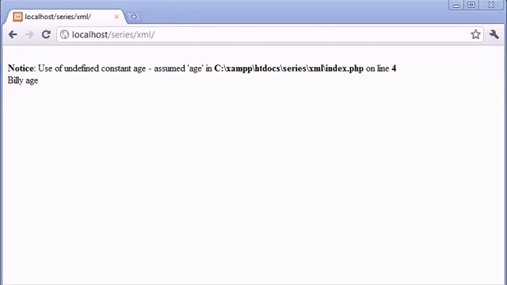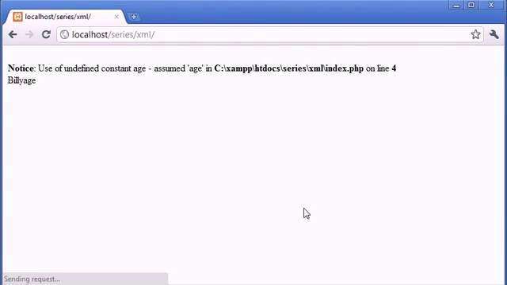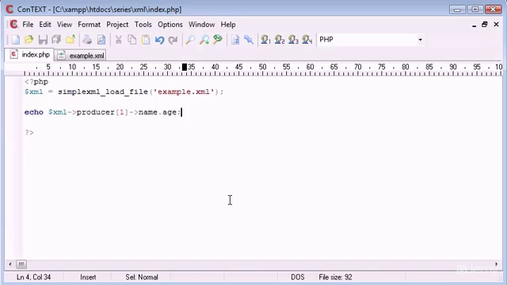Undefined constant age. Let's have a look at this. Oh yeah, that's because we've put a space in there. Okay, that's absolutely fine. What we can now do is just say age there as well, I believe. Will work? No. Okay. So we'll have to